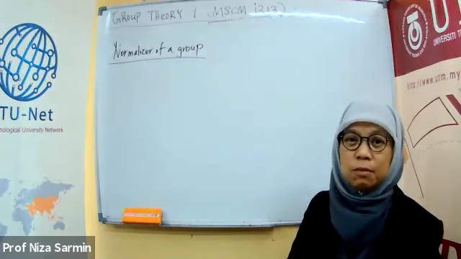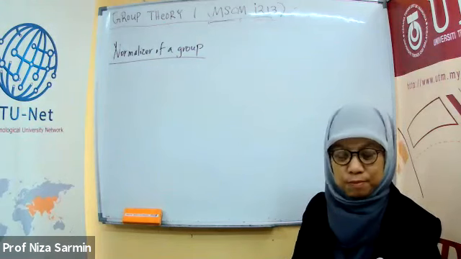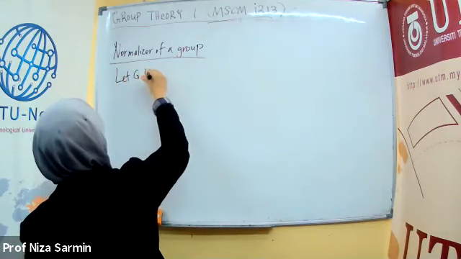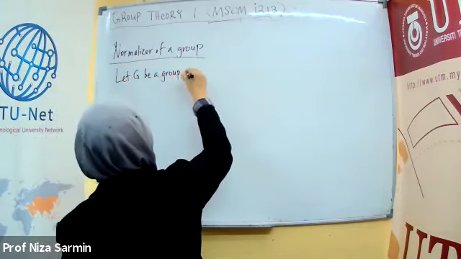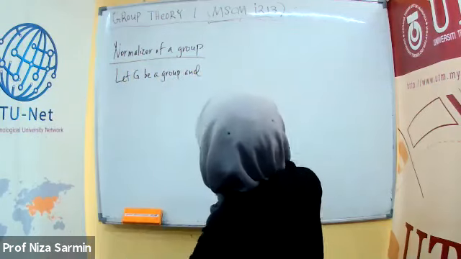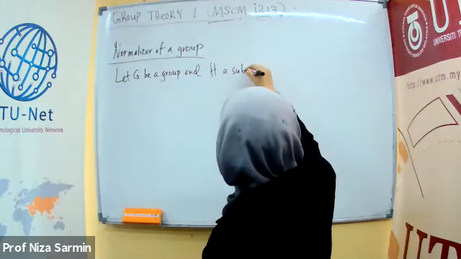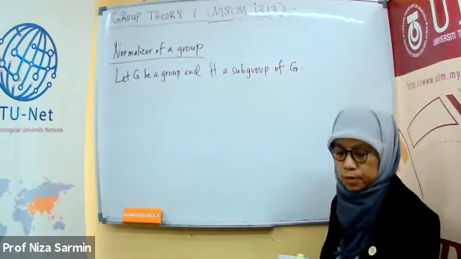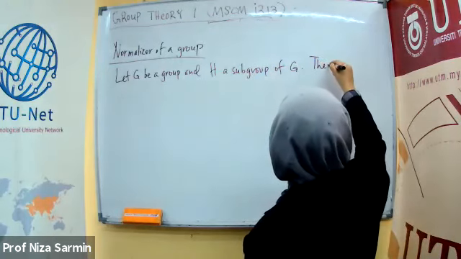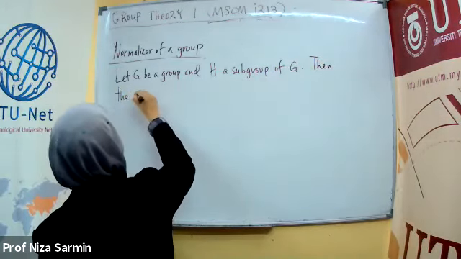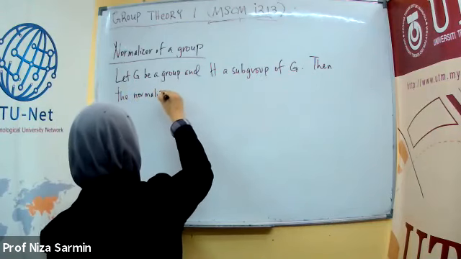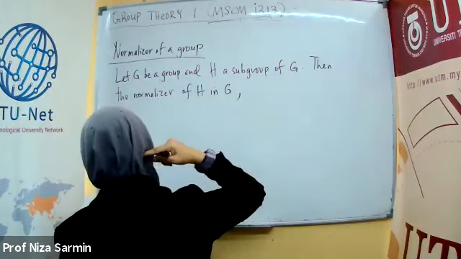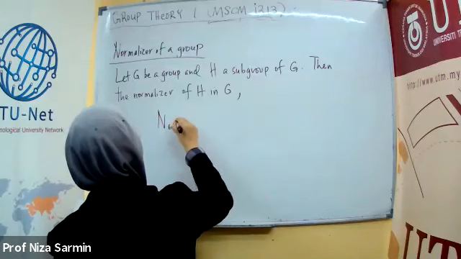You remember a normal subgroup, right? A normal subgroup. Okay. What's the difference? So let G be a group and H a subgroup of G. Okay. Then the normalizer of H in G. So we write